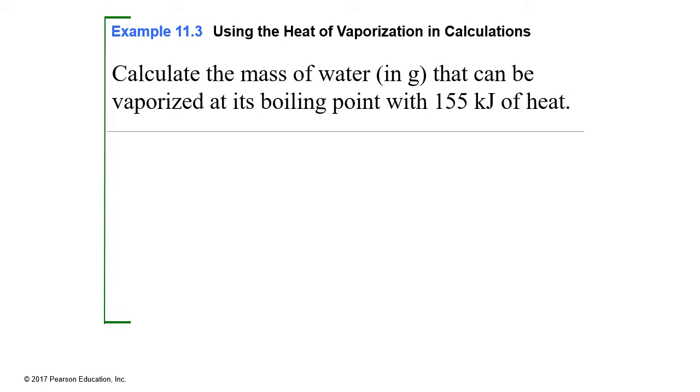So let's calculate the mass of water that can be vaporized at its boiling point with a certain amount of heat, so 155 kilojoules of heat. So we said if it's at its boiling point, we're in the flat portion of the curve. So the equation is Q equals the number of moles times our heat of vaporization. For water, the heat of vaporization is equal to